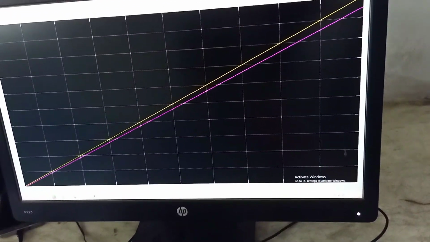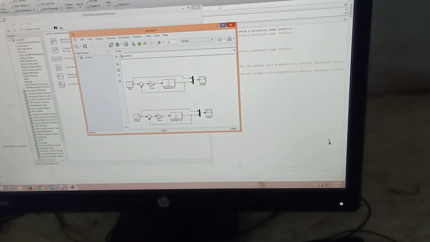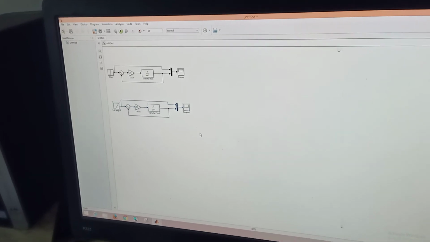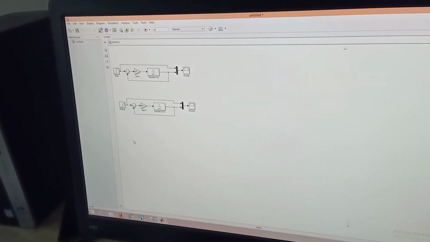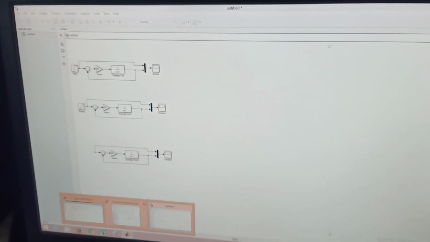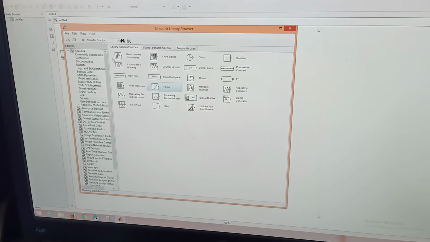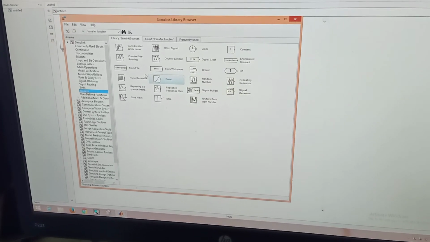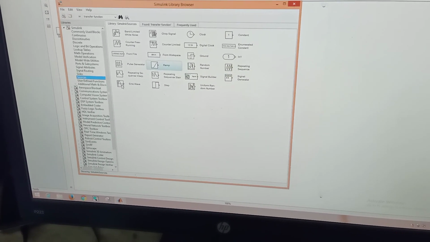Okay, similarly you can do it for sinusoidal input. Again, copy this block. Now I am going to change the ramp input to a sinusoidal input signal. See, again, go to sources and find the sine wave here.